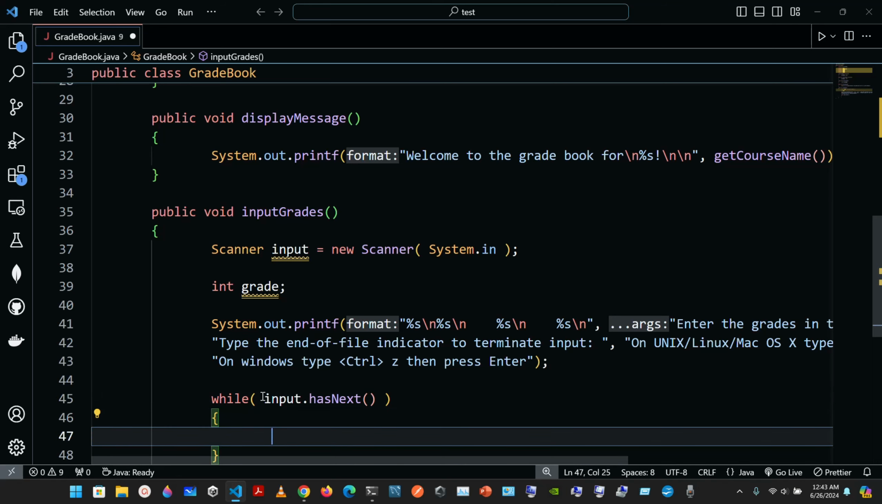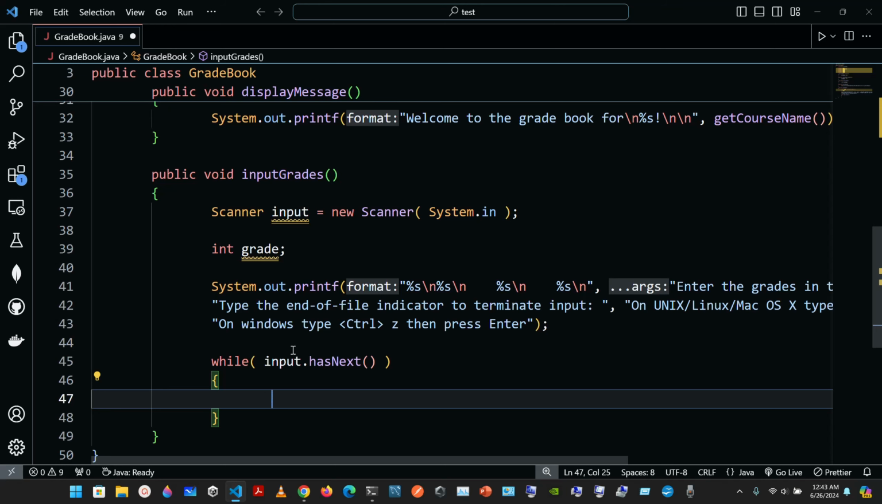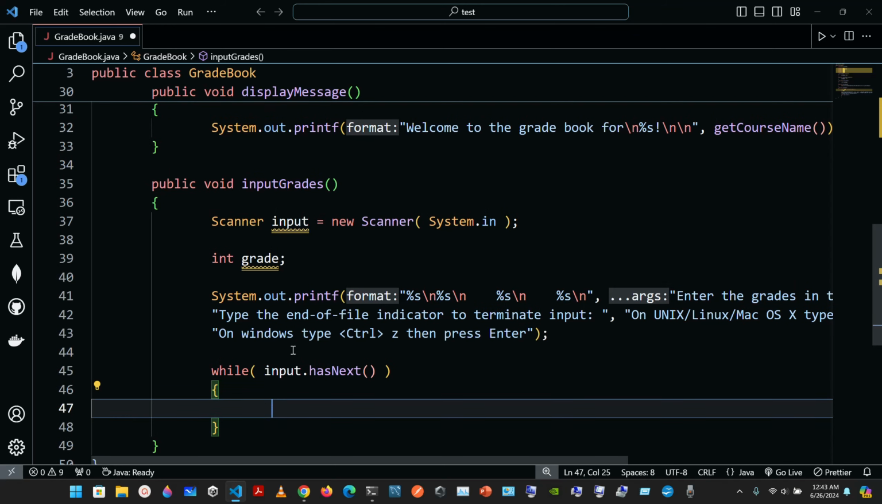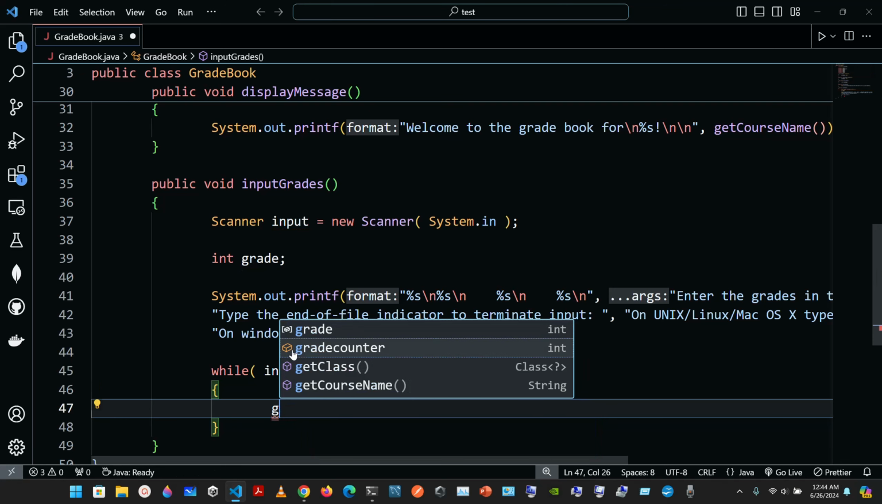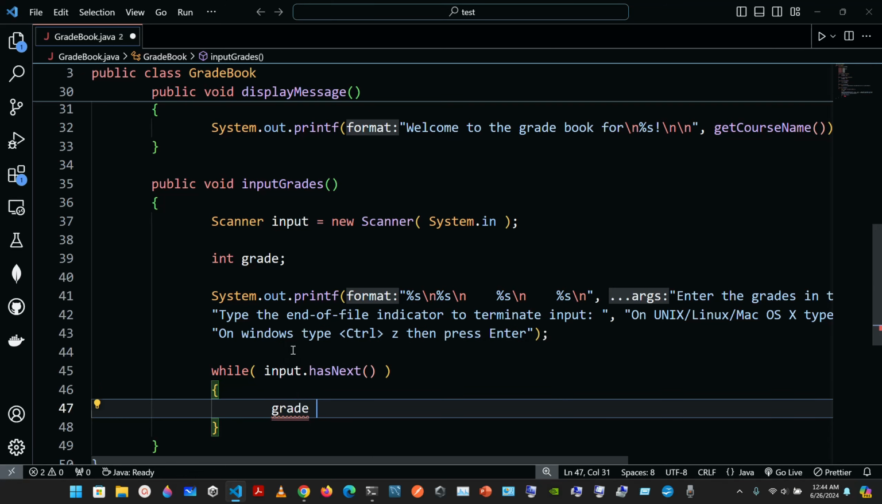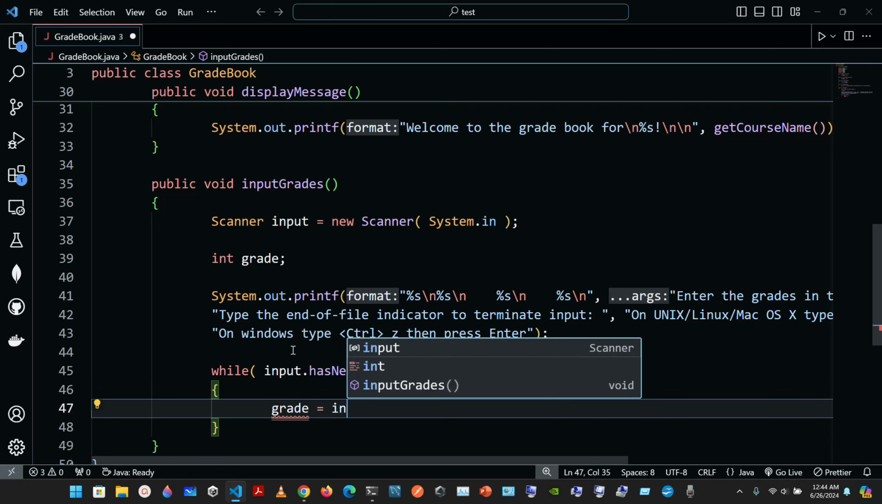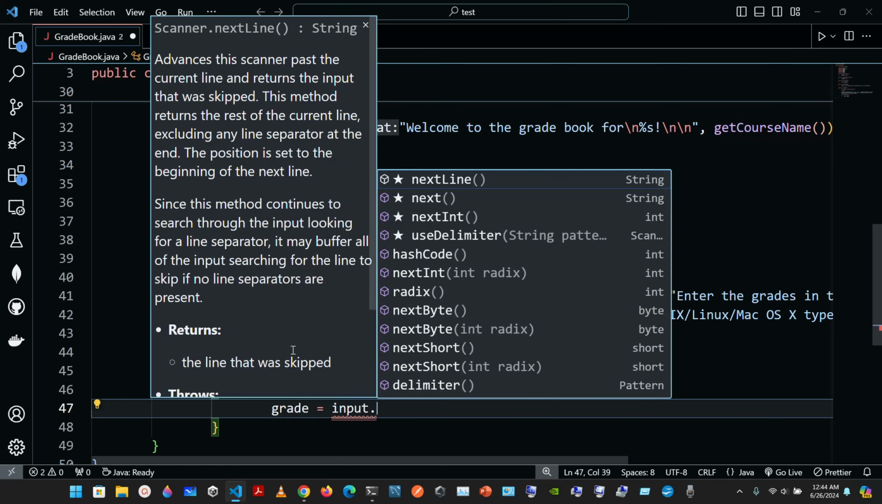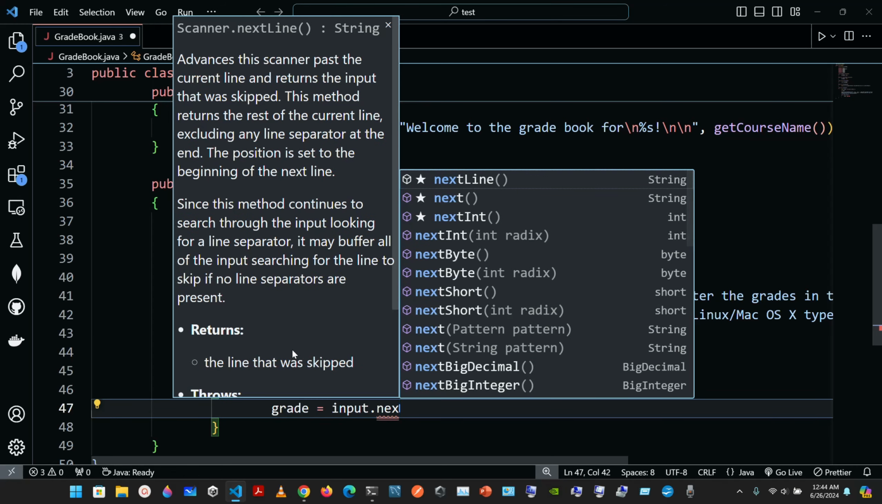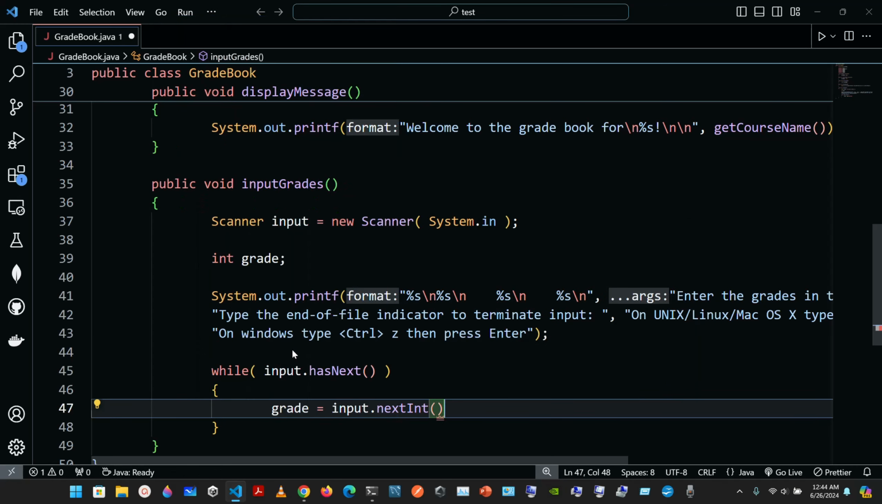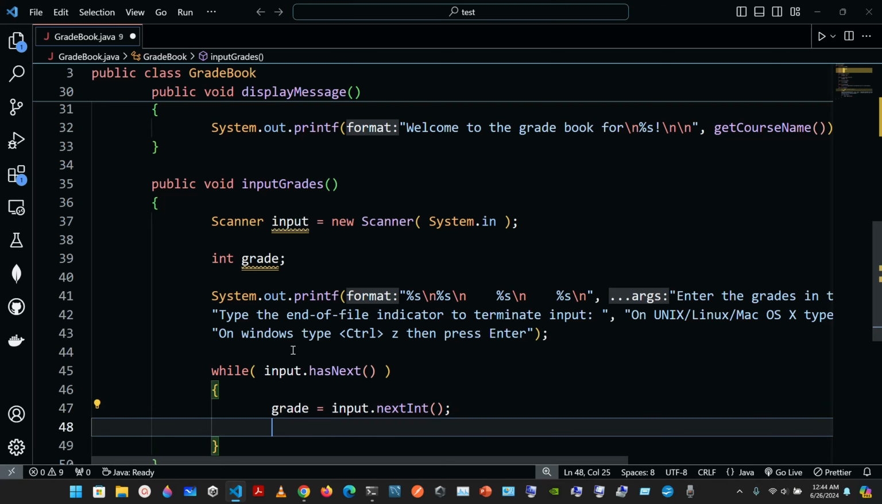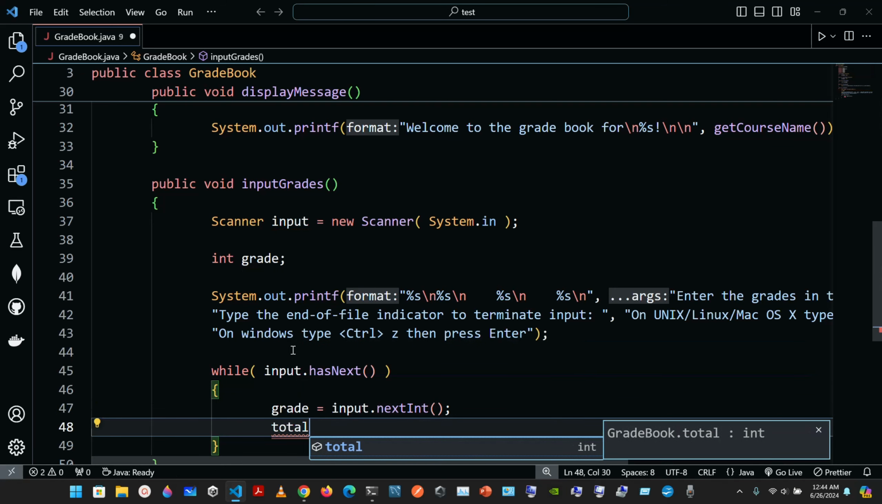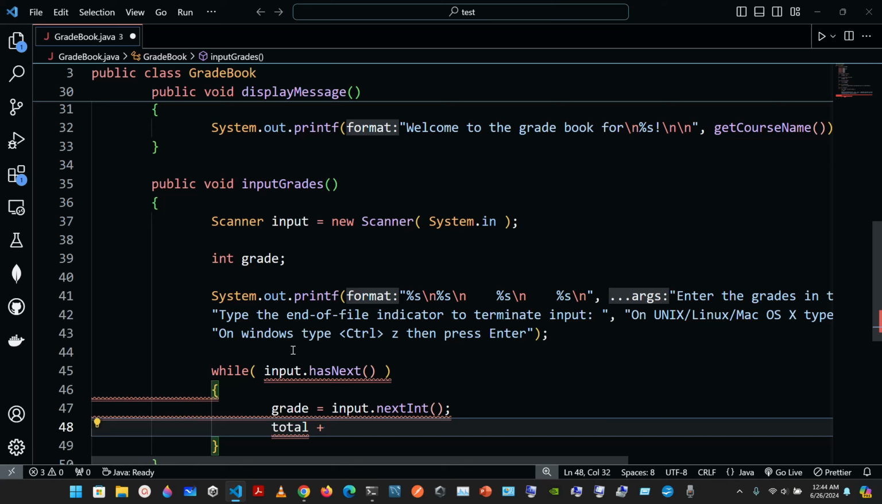Now we're going to go inside of the curly braces of the while loop. So we're going to have int grade, and we're going to assign it to input.nextInt, so nextInt like that, semicolon at the end, so it's going to read a grade. And we're going to have the total, and we're going to use the addition assignment operator,